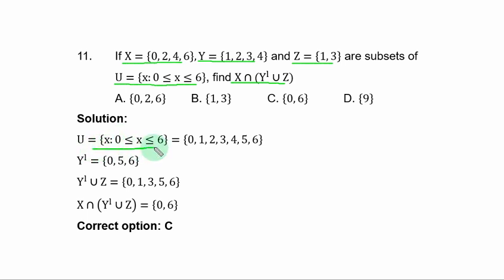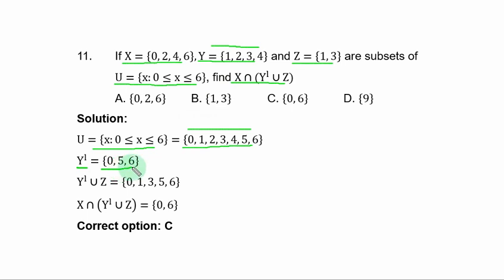By the given range, 0 and 6 are inclusive. Already we know S, Y, and Z. So let's get Y complement. Now, Y complement are the elements in the universal set but not in set Y. You compare set Y with the universal set. The elements in the universal set but not in set Y are set Y complement, and the elements are 0,